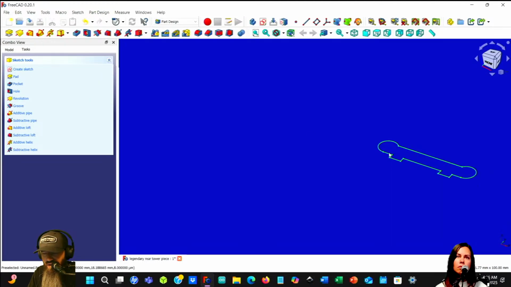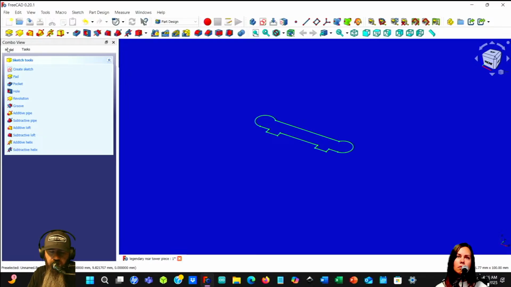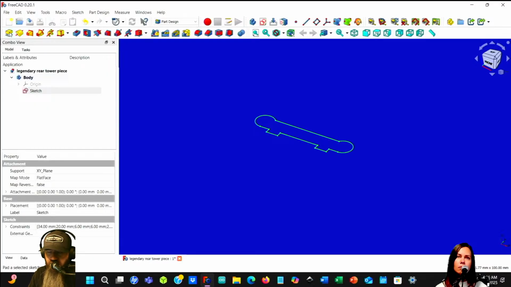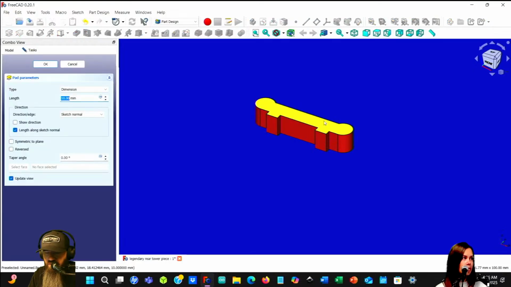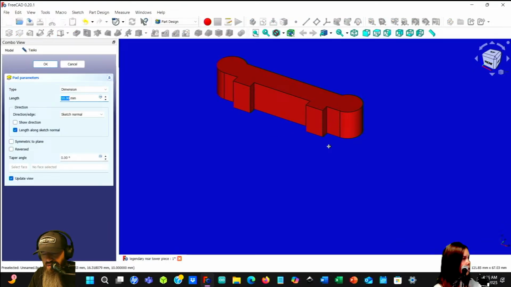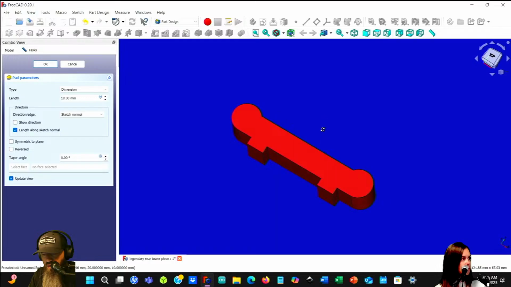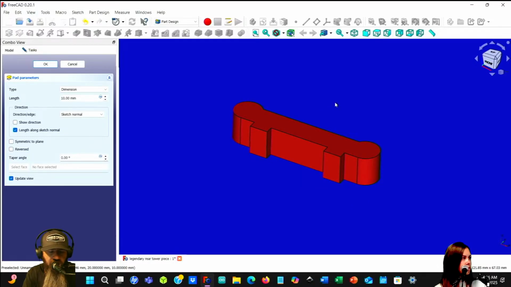So let's close that. Now we have our part, and what we're going to do is go to pad, which is this button up here. So this sketch and then this pad is going to make it a 3D situation, right? We want that to be about 6 millimeters, so we'll pad it to 6.